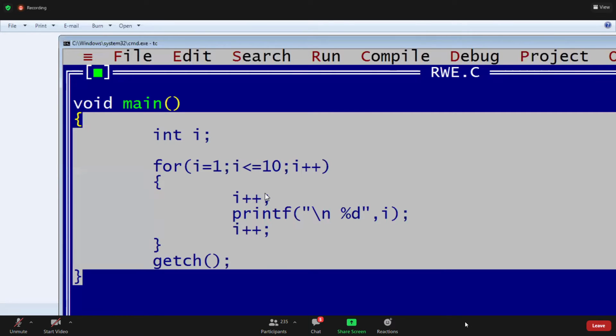Next example. See this, guys. I equals 1, I less than or equals to 10. Next one, guys. See this.